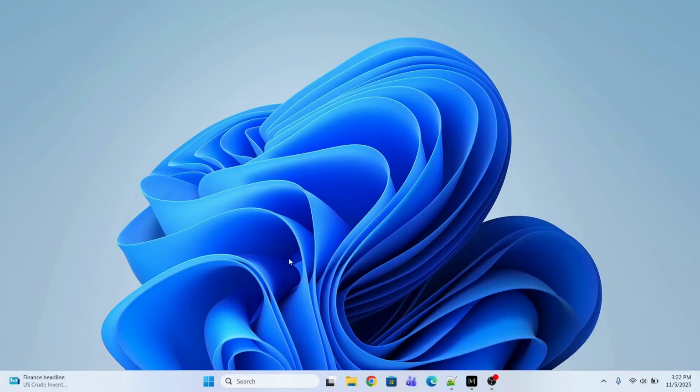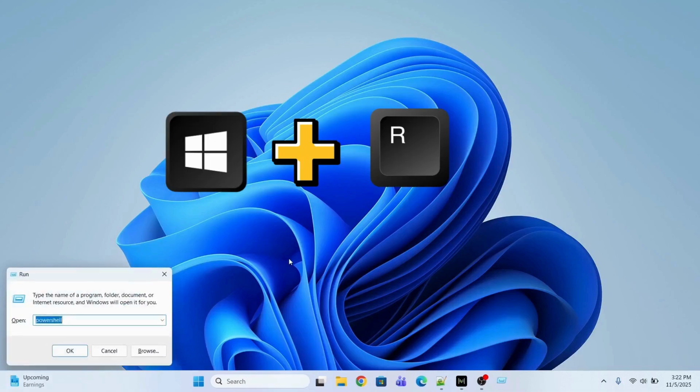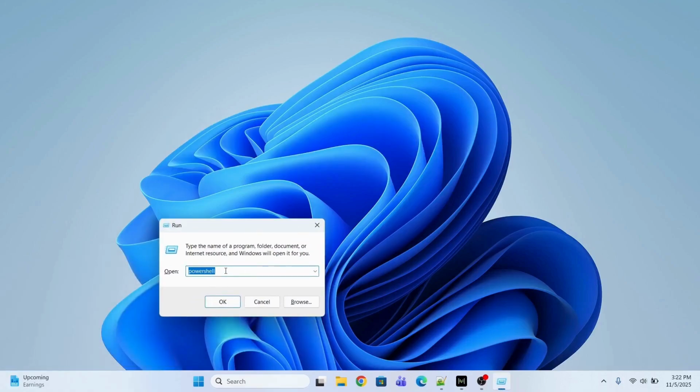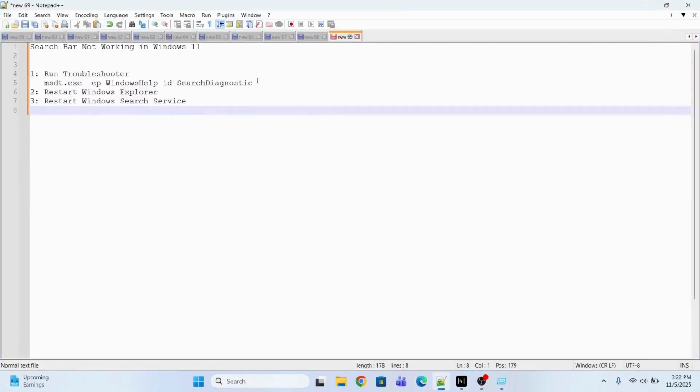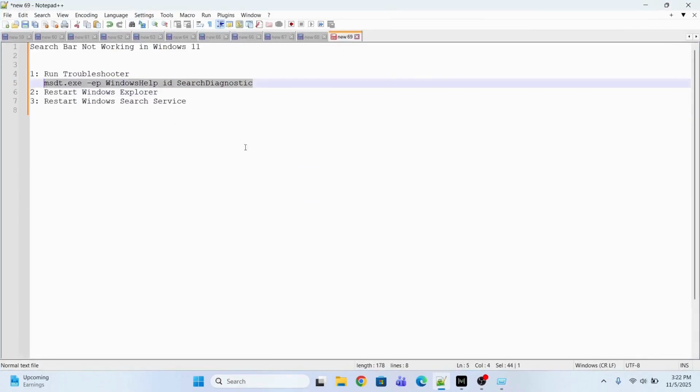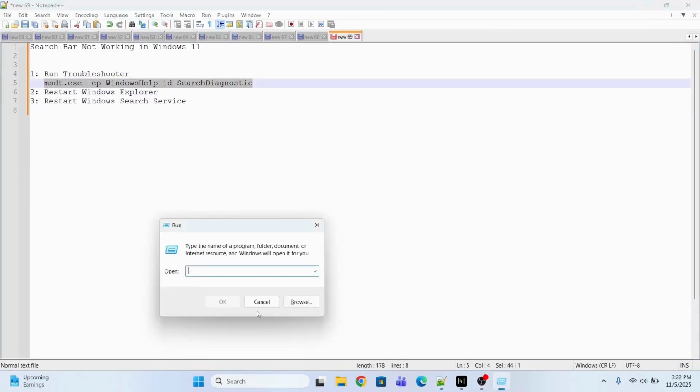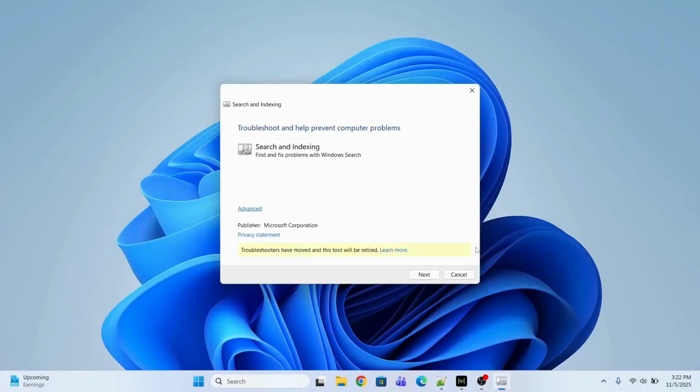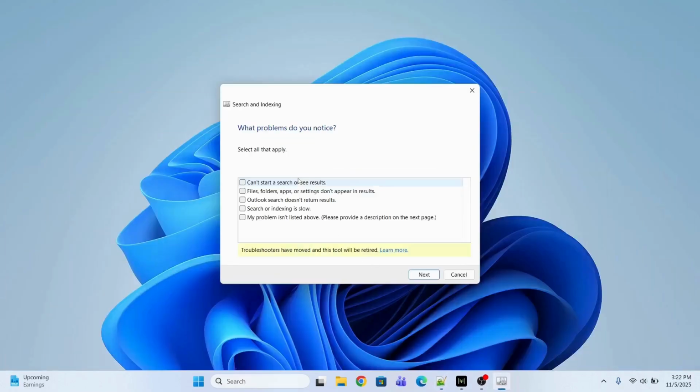For that I'll open run first. So I'll press Windows R key and then over here I'll type this command. All you need to do is just copy and paste. So I'm going to provide this command in the below description. You just need to copy and paste this command, click OK, and then click next, and then click all